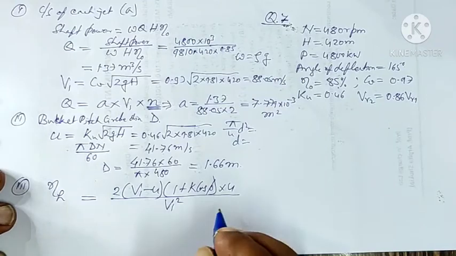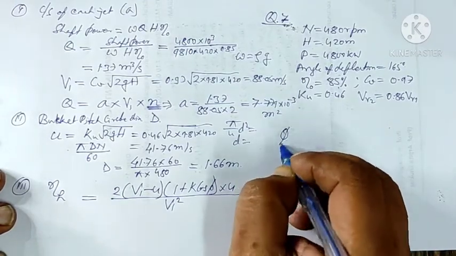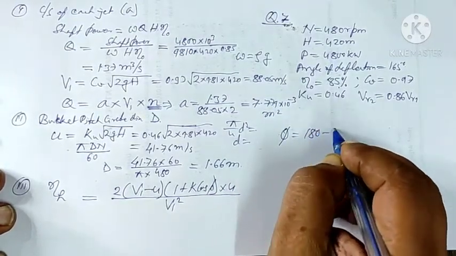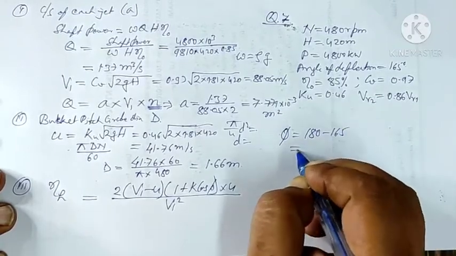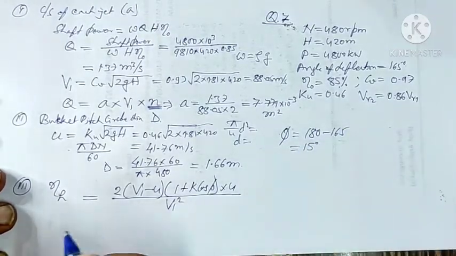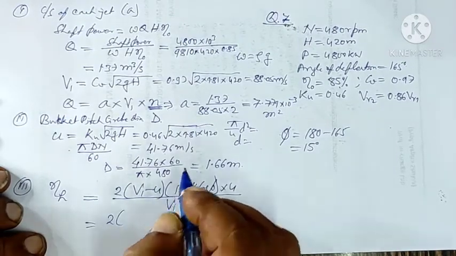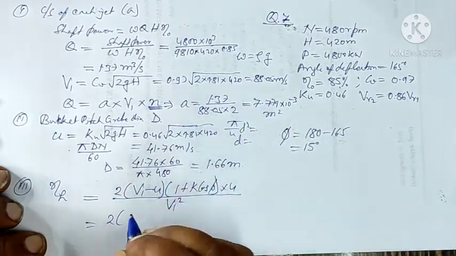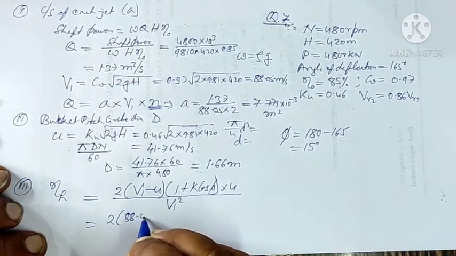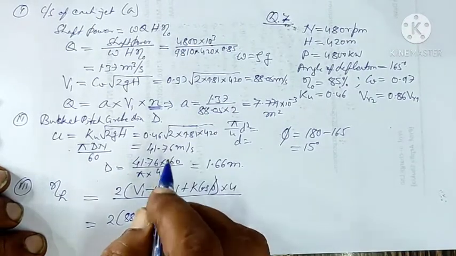So value of phi will be equals to 180 degree minus 165, that is 15 degree. So we will substitute the values. 2 into V1 is equals to 88.05 minus U,